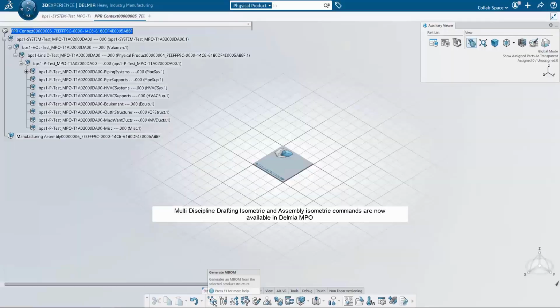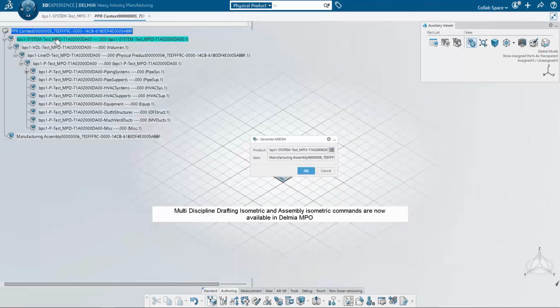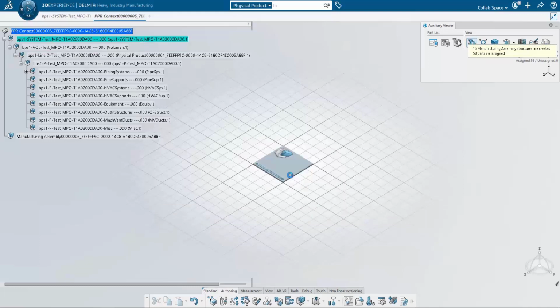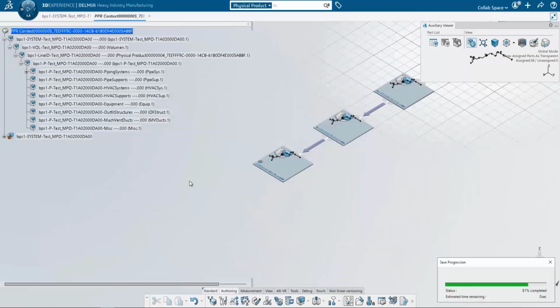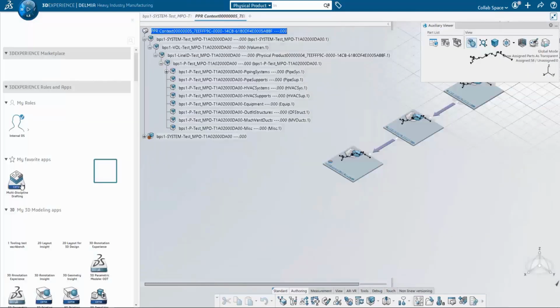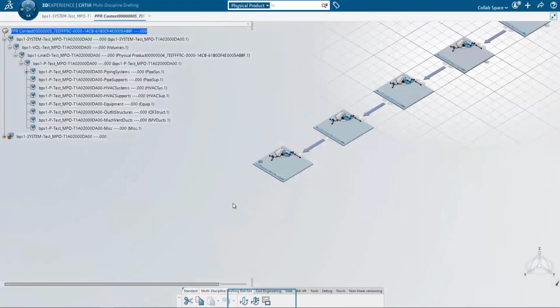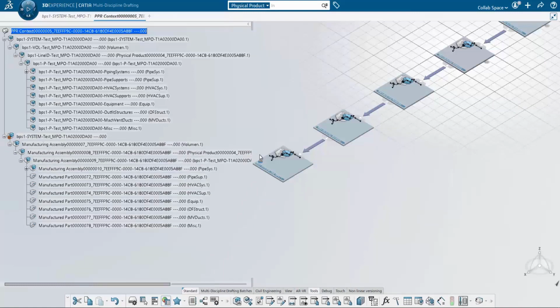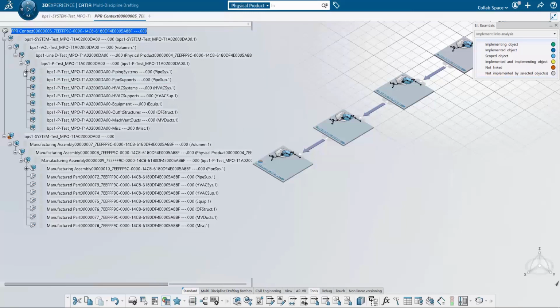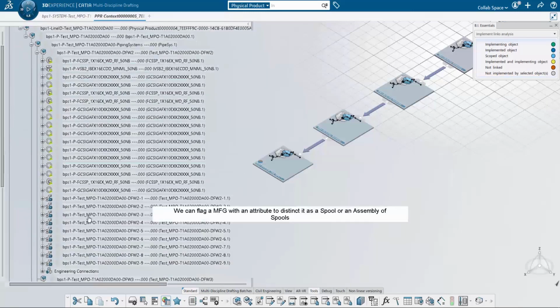At the end of the design phase, the piping spool and spool assembly generated out of the 3DEXPERIENCE CATIA 3D design application can be reused in 3DEXPERIENCE DELMIA application to create manufacturing and assembly plannings. During this phase, additional information needed for production can be added and needs to be retrieved into the orthogonal and isometric piping drawings. It is possible to run piping isometric and piping assembly isometric batch from the manufacturing MBOM